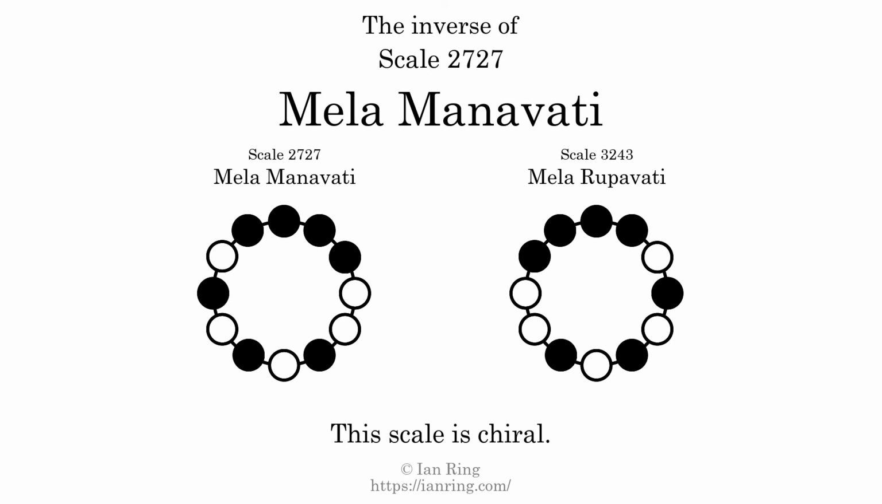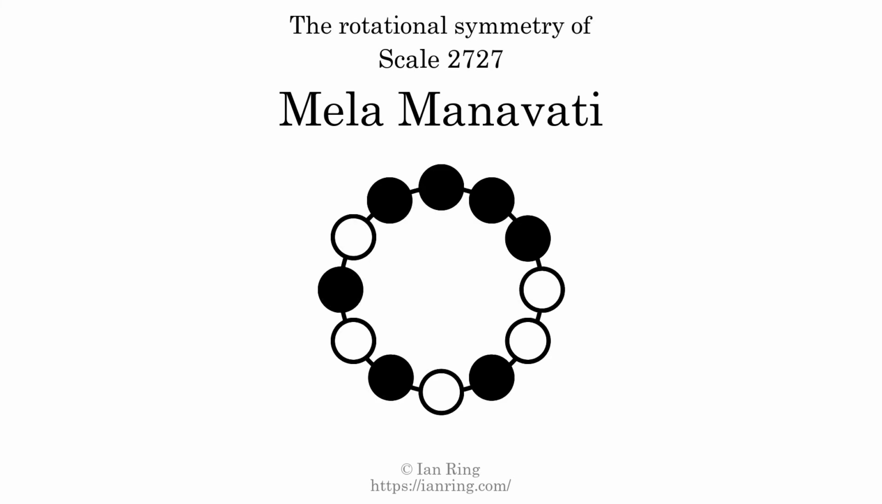The inverse of a scale is a mirror image. It is what you get when the sequence of intervals is reversed. The inverse of this scale is scale 3243, also known as Mela Manavati. This scale is chiral. It cannot transform into its inverse by rotational transformation. This scale has no rotational symmetry. For even more detail about this scale, visit